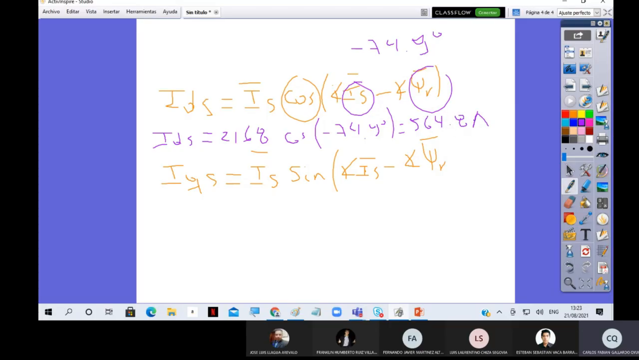564.8 amps. So once again, in order to compute the per unit value, I need the base. Therefore, in per unit quantity, I will have 0.261 per unit. For the next part, in order to compute the stator current on the Q axis, I will replace the cosine by the sine. So I will get negative 2093 amps. Once again, in per unit values,